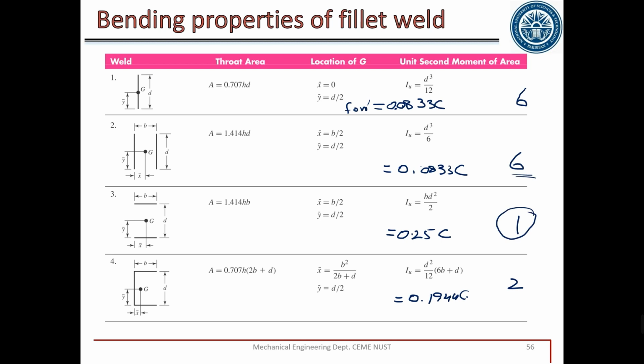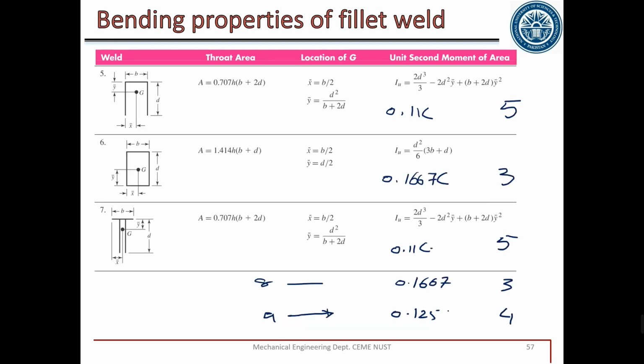So this is the best option to use in case of bending. But when you have a specific problem to solve, you have to select a weld. You can go for any weld, select that weld, select an electrode, and solve the problem for a safe weld. Once you get the answer, just check if your answer is feasible or not. If it is feasible, your selection was good. If it is not feasible, you have to select another weld. That method I will explain in the coming problems.